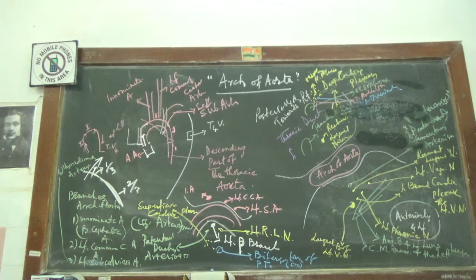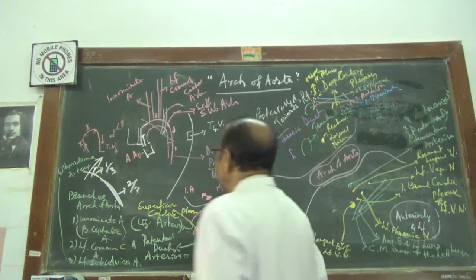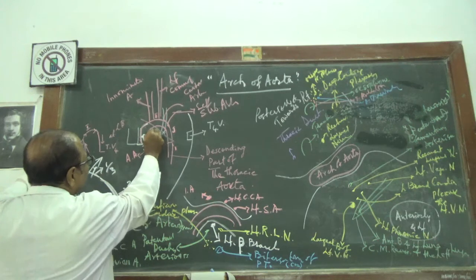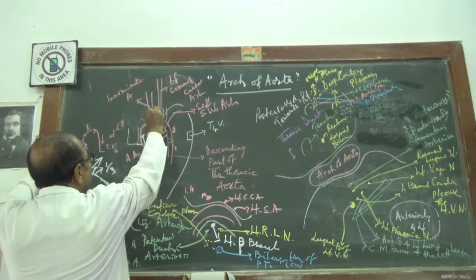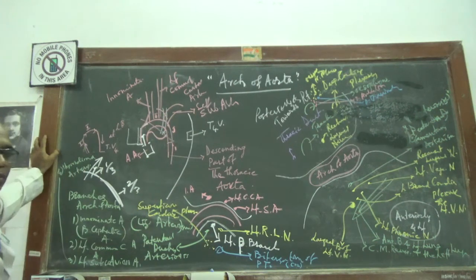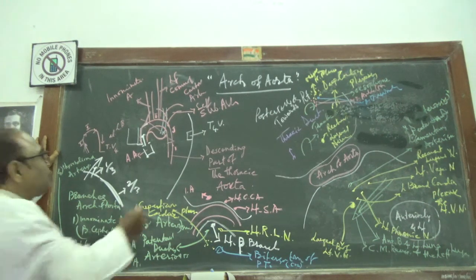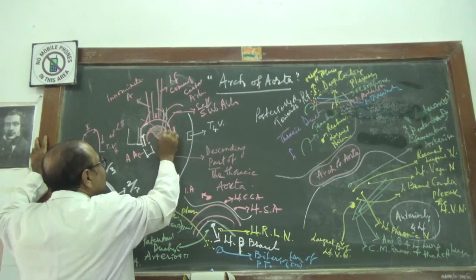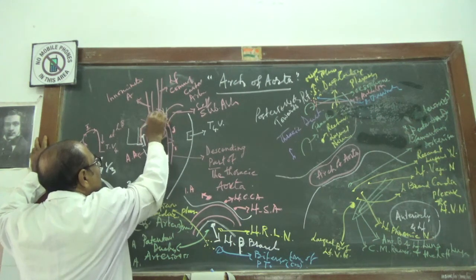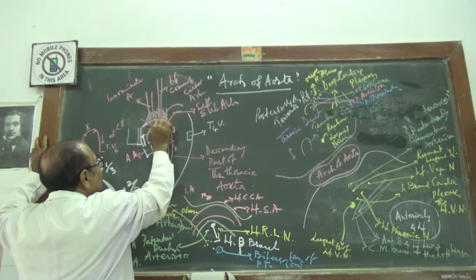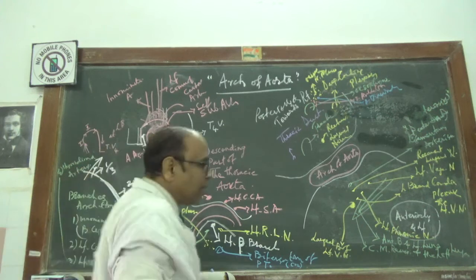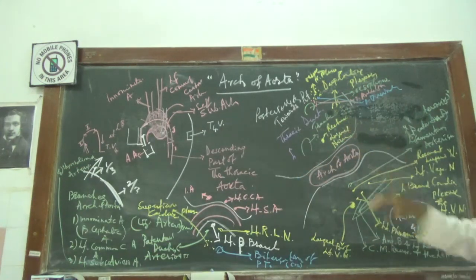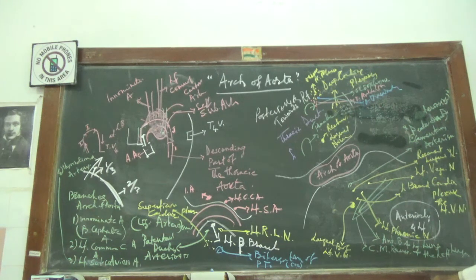but one point is left that you have to remember, that is the applied anatomy. In the applied anatomy of the arch of aorta, there is one very rare condition. There will be a cricket ball-like swelling under the concavity of the arch of aorta. It is a fusiform dilatation, looking like a ball-like swelling, a cricket ball-like swelling. That is an aneurysm of the arch of aorta.